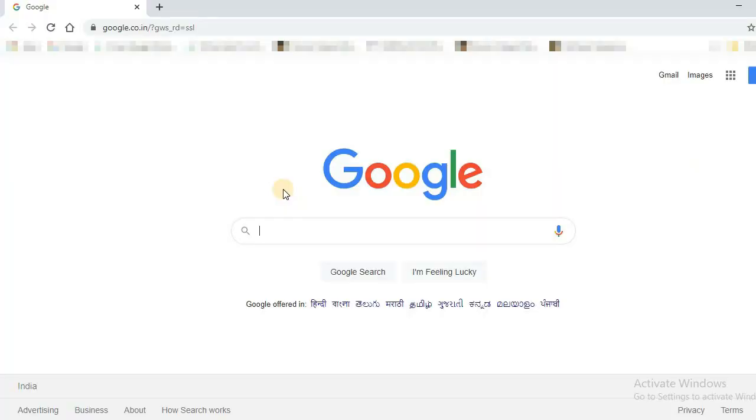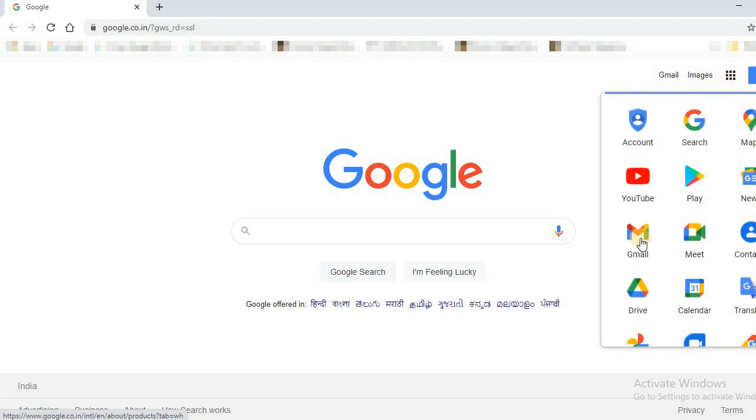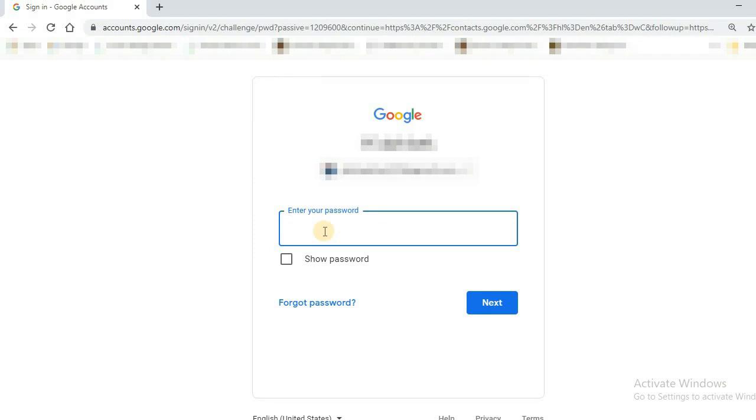So the next thing that we would do, we will go to Google Contacts. Here it is. So here I am going to log in with the same Gmail ID where I have saved my numbers in my phone.